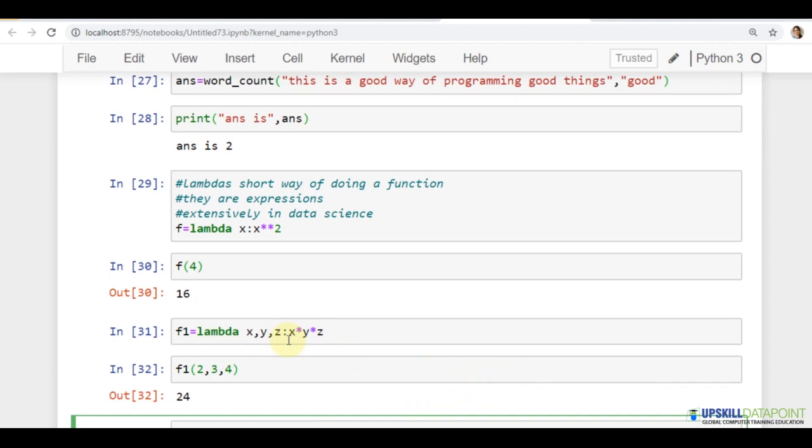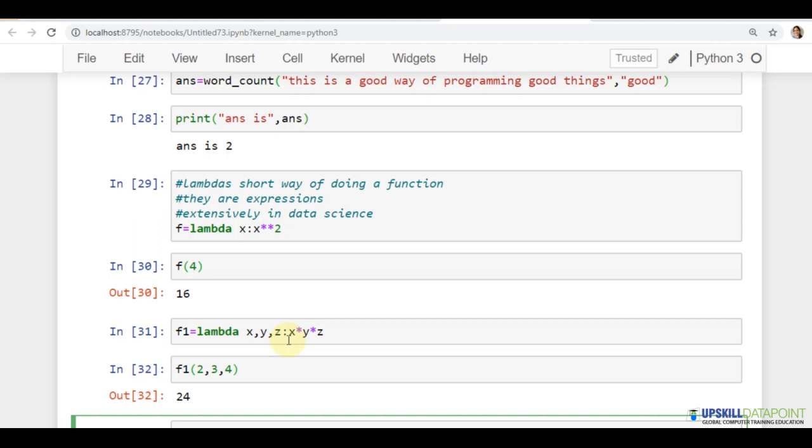Some people, if you have used macros before, you can correlate it somewhat like macros. Very little comparison you can do with C or C++ macros if you have done it before.